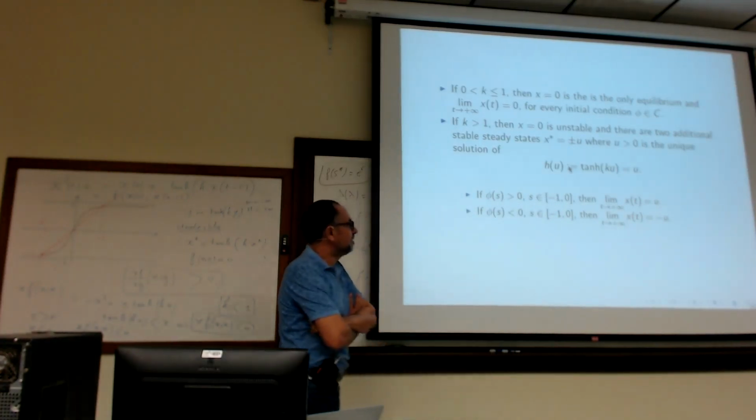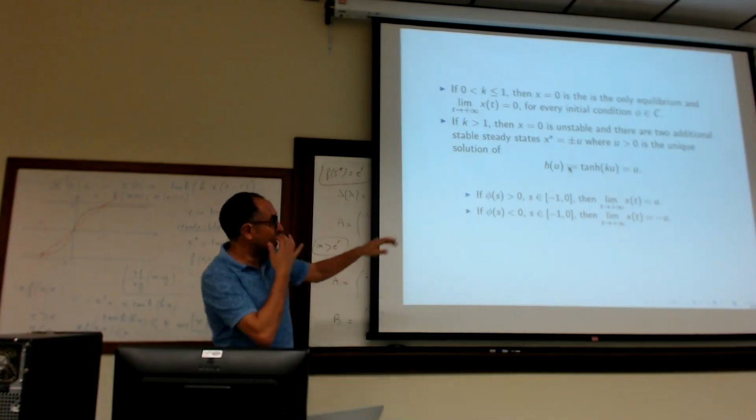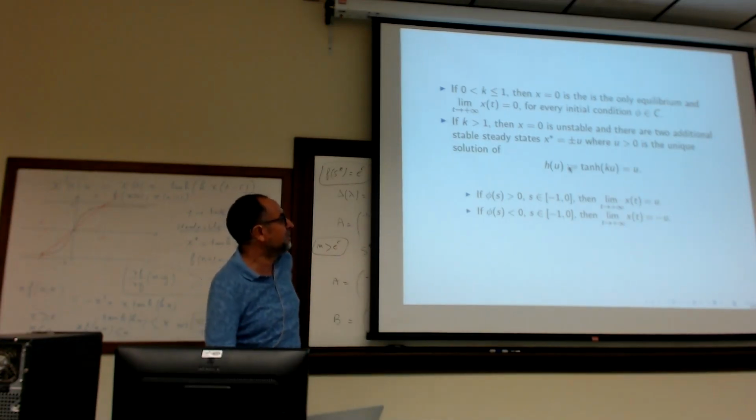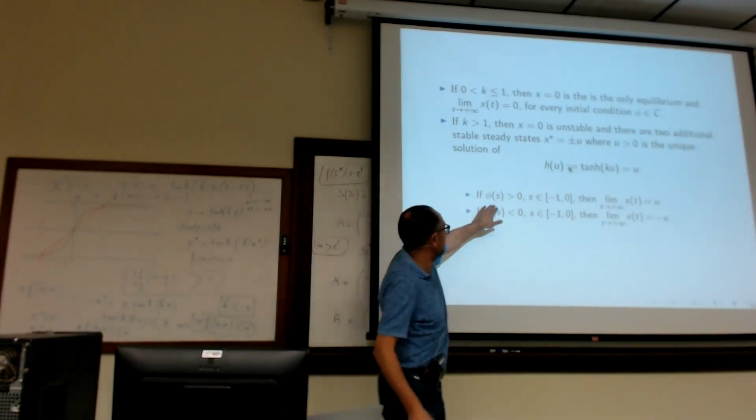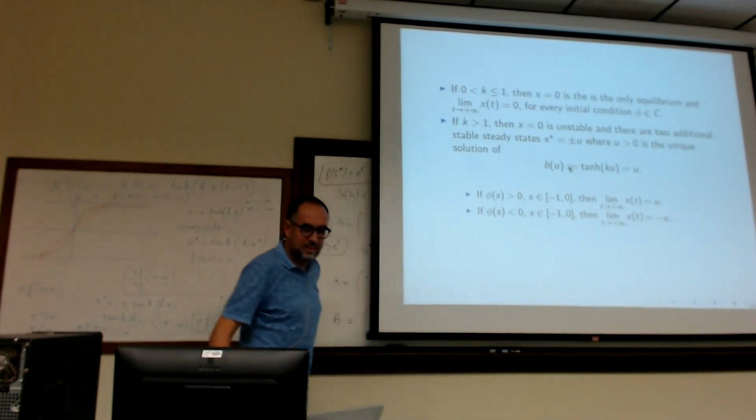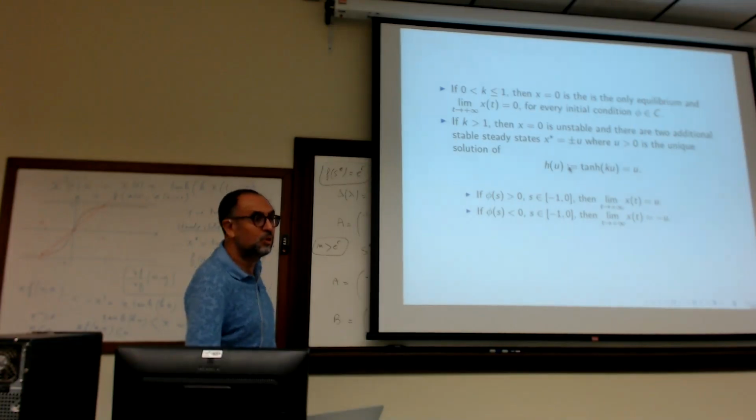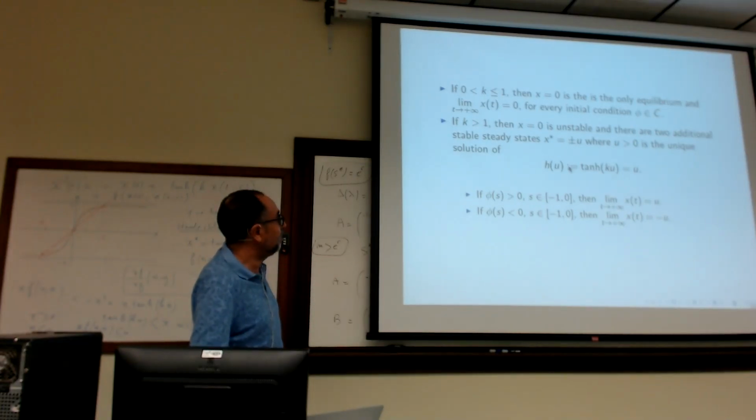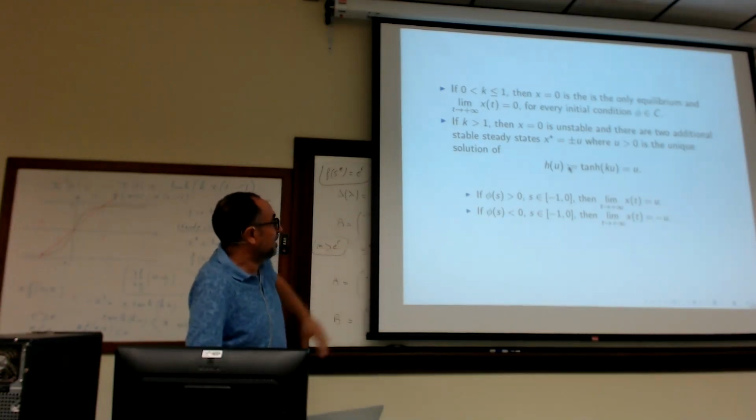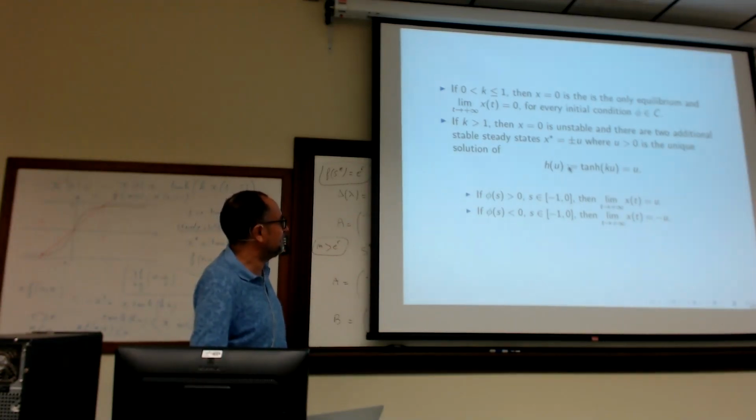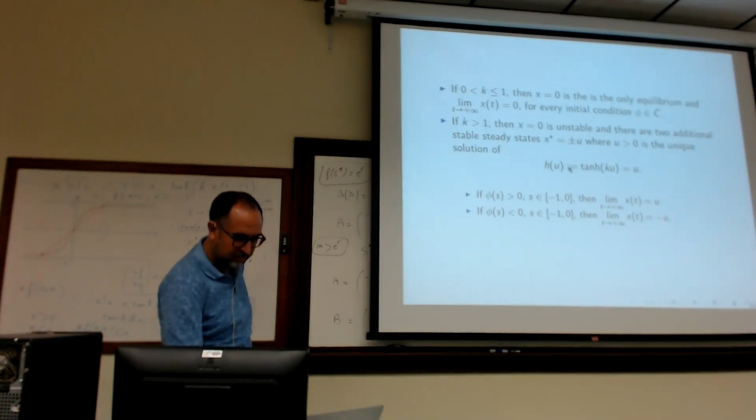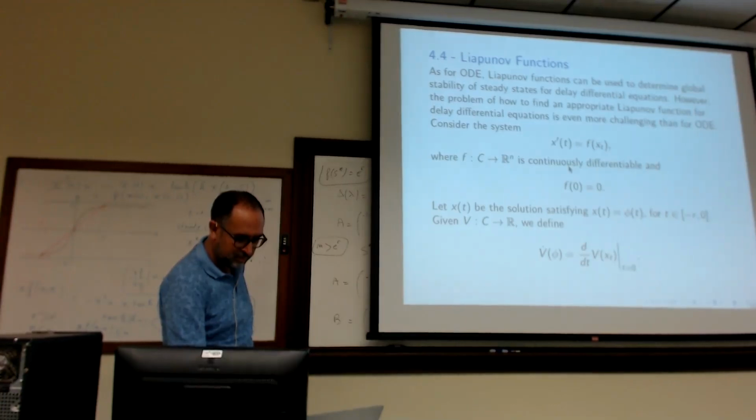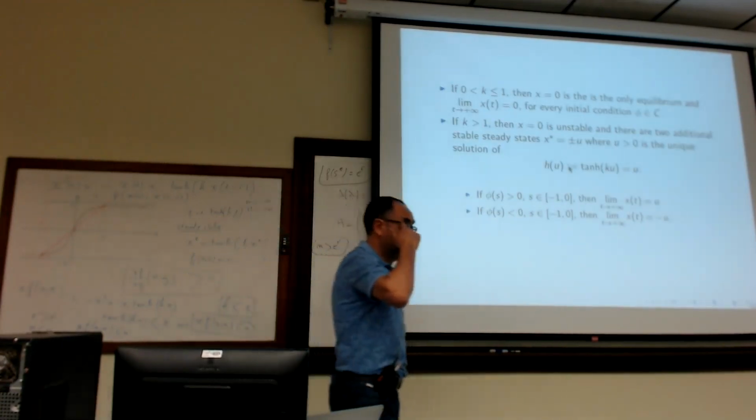Each one is attractive. This result is more interesting than local asymptotic stability, because we know exactly the region that attracts the solution. It's not only to say that there is a neighborhood. We know exactly what the region is that attracts the solution. Before we talk about the Lyapunov function,